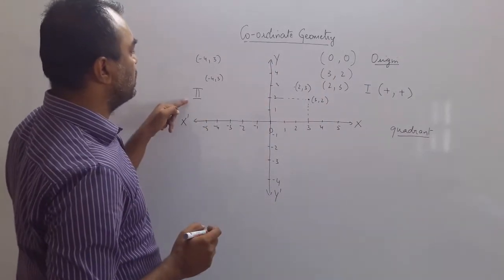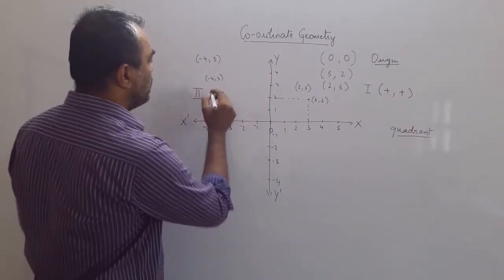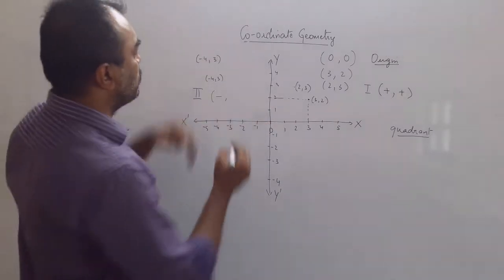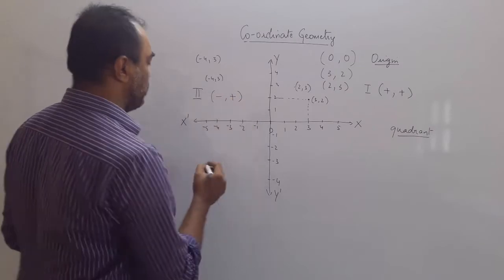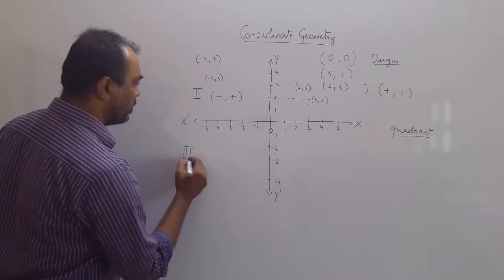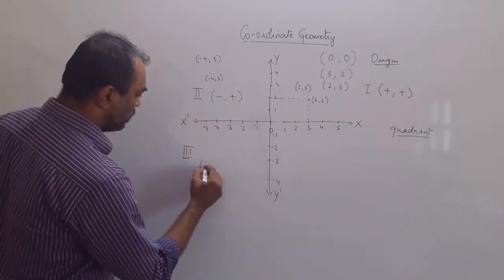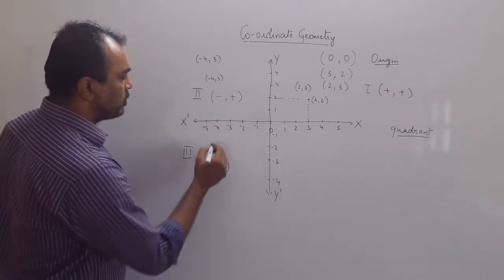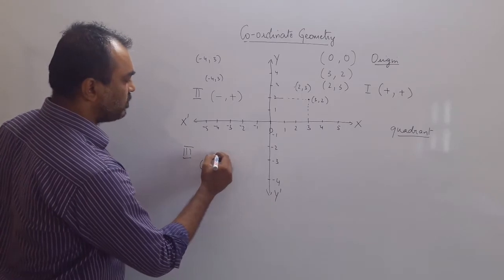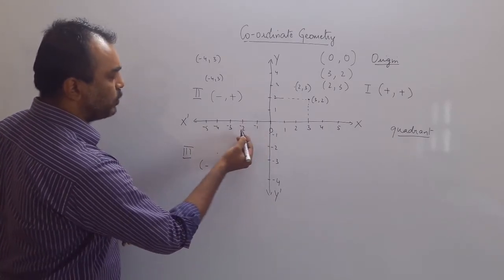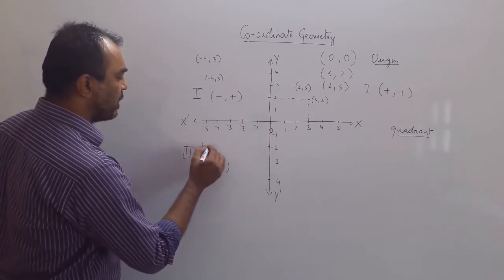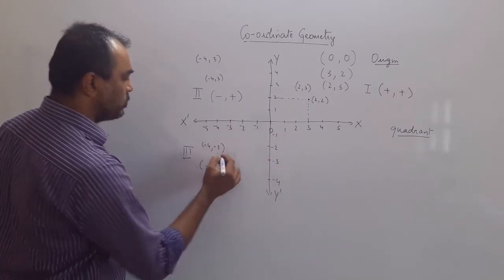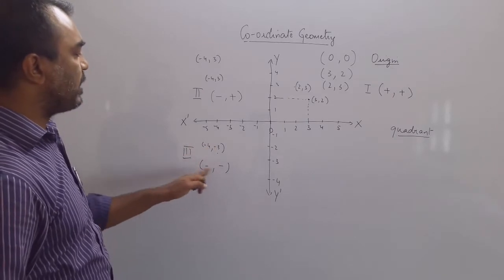Now what you can see here, in the second quadrant, something is to the left, so the first coordinate will be negative, but it is to the top, so the second one is positive. When you move to the third quadrant, you are to the left, so negative, and you are to the bottom, so here also negative. For example, this point, first we see right or left. So 1 step, 2 step, 3 step, 4 step, so minus 4. How much now? 1, 2, 3. So minus 3. So you can say this point has both coordinates negative.